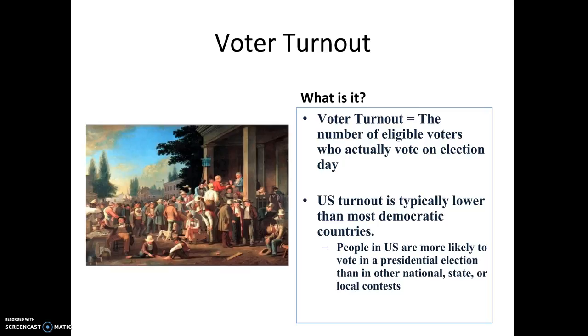And the first one is that even though we allow a lot of people the right to vote, not everybody exercises that right. The United States voter turnout is typically lower than you see in most other democratic countries. If you were to compare our voter turnout to that of a country, say, in Europe that practices democracy, you're going to find that fewer Americans are showing up to vote in our elections than their citizens are showing up for theirs. And the other trend that's evident is that when United States voters do show up to vote, they're much more likely to vote in a presidential election than any other.